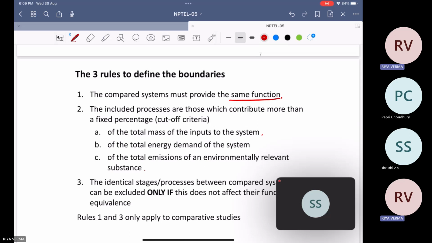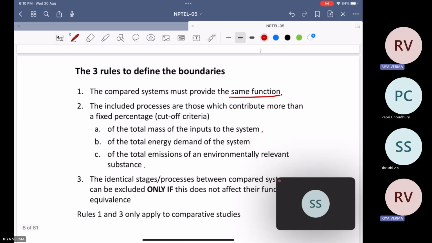We will include only those processes among all the unit processes involved. We will be including only those processes which are contributing a certain percentage of the whole system, like in terms of the energy demand, we'll be concerned about